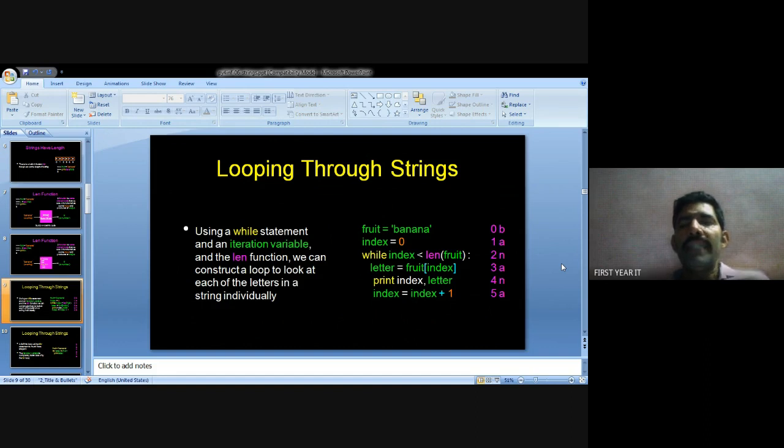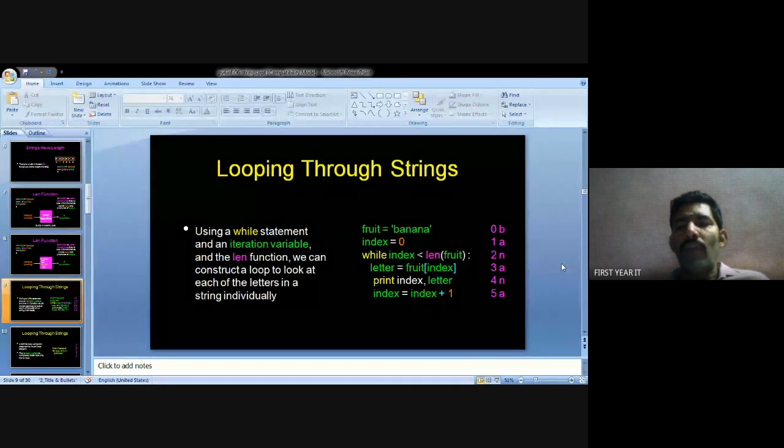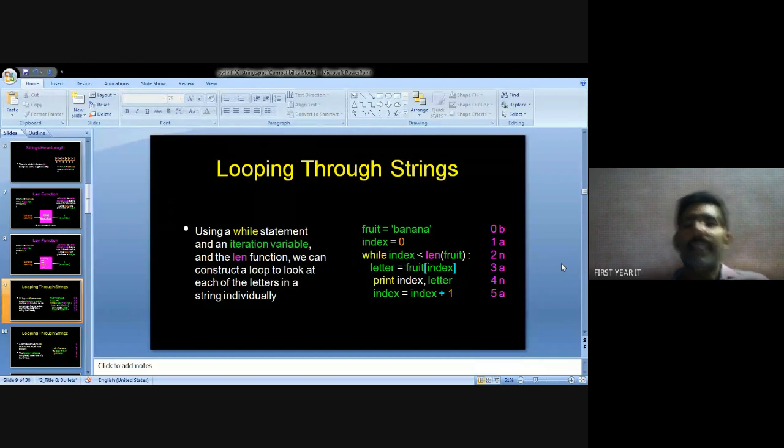Initially the index value is 0. After that the index value is 1. So the condition 0 less than 6 is true. 1 less than 6, the condition is true. 2 less than 6, true. 3 less than 6, 4 less than 6, 5 less than 6, and 6 less than 6, the condition is false.